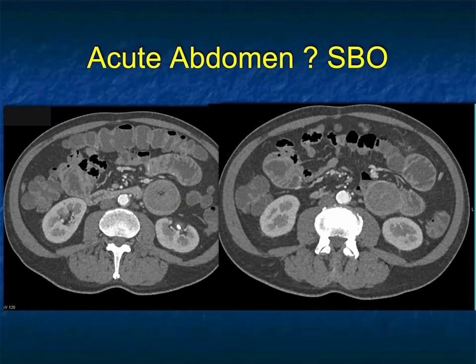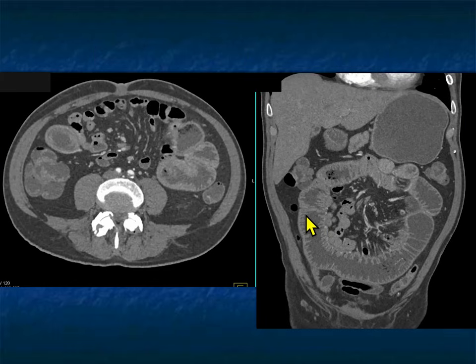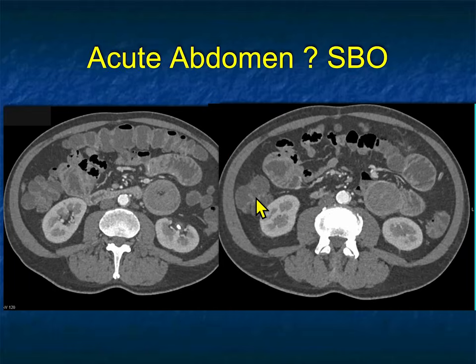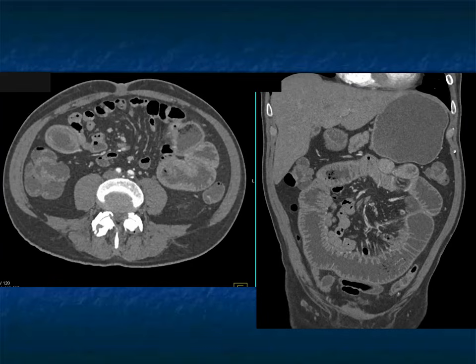Another patient, abdominal pain and distension, bowel obstruction. And here you can see the transition point. What's going on right here? There's a mass. That's a classic look for an intussusception. You can see the dilated bowel. There's the intussusception. You even worry about a second site of intussusception. As I mentioned, multiple intussusceptions,